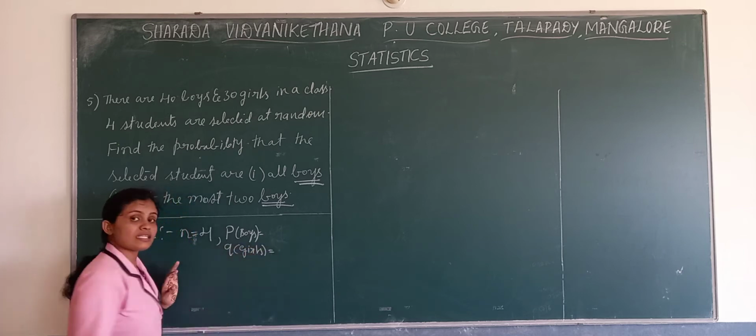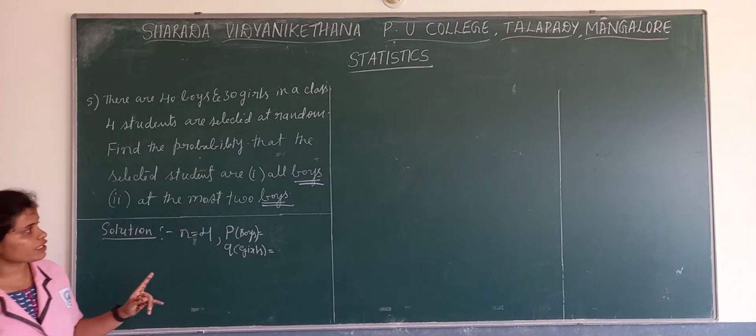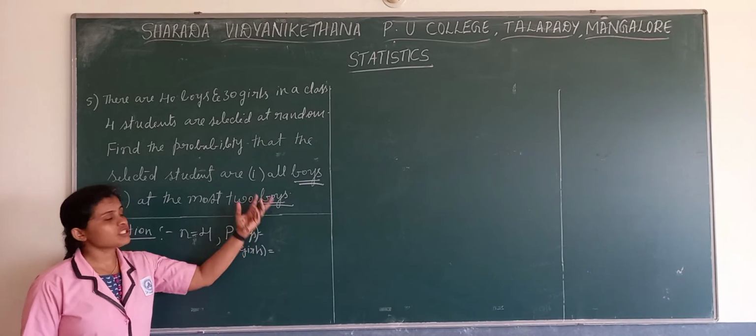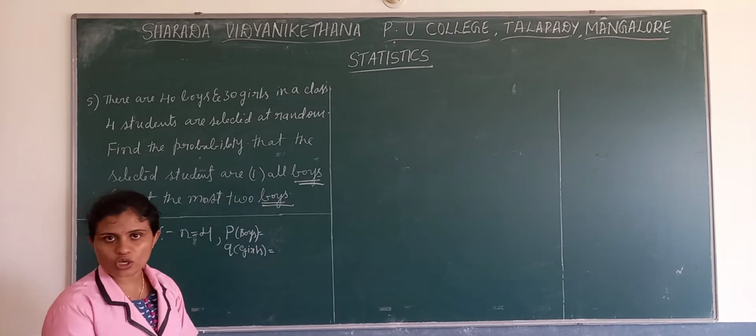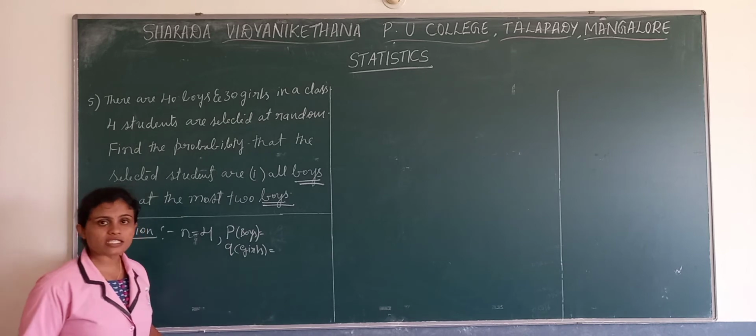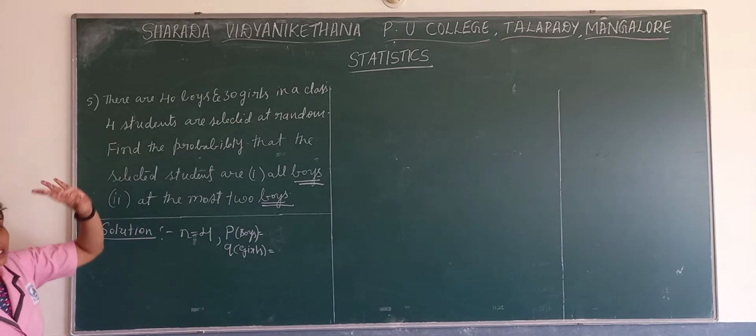What will be there in the question, that is p? And which is not happening here. About girls we are not going to find out anything. So that is girls. Now here 40 and 30.